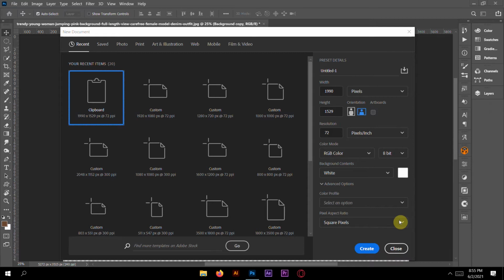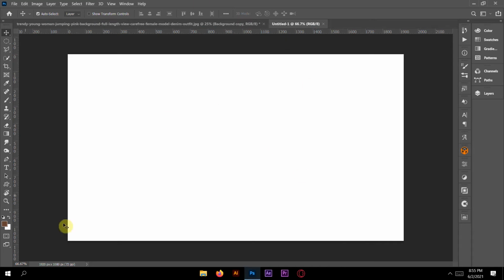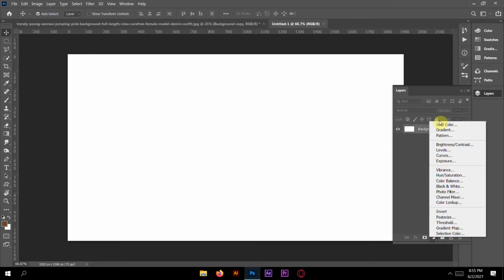Today we will learn how we can make these types of 3D looking typography. So let's get started. First, we will take 1920 by 1080 output size. You can take any kind of size, but I take this size. Then please create. Here go to layer and create solid colors.